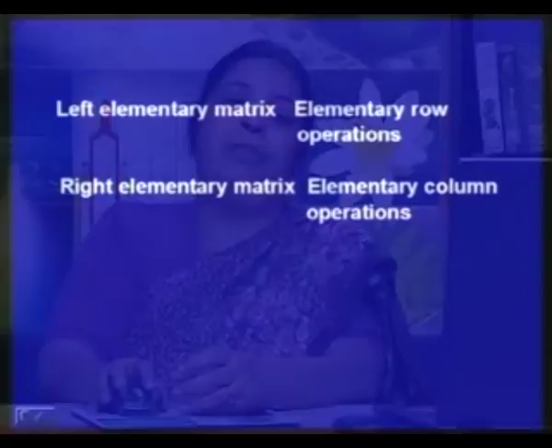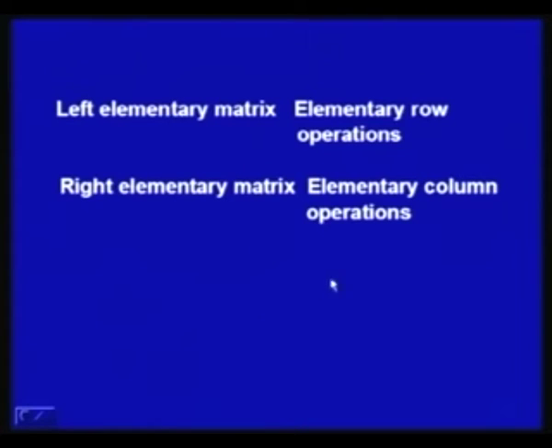Elementary column operations are the same operations, but they are applied to columns. The operations are: two columns are interchanged, one column is multiplied by a constant, or, the third type, one column is multiplied by a constant and added into another column. So, we will have three types of elementary column operations, and these are again equivalent to the column operations applied on the identity matrix. What we have is again an elementary matrix,